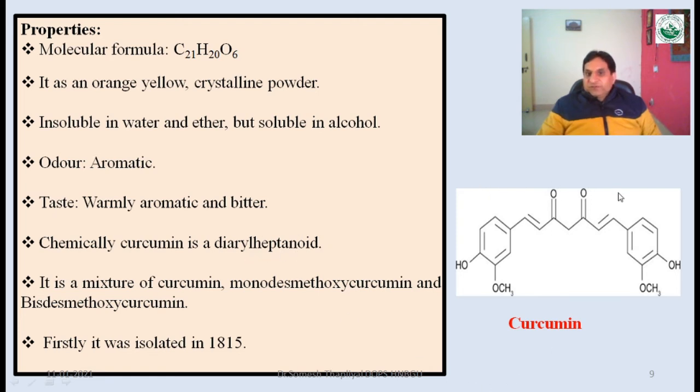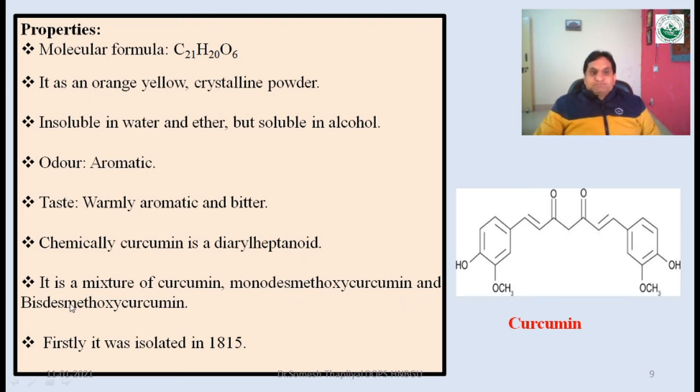Previously I said that chemically it is a diaryl heptanoid compound. So if you see the structure of curcumin, two aromatic rings are present. These two benzene rings, also known as aromatic rings, are attached by a chain. If you count the number of carbon atoms: 1, 2, 3, 4, 5, 6 and 7. So these two aromatic rings are attached with the help of a chain of 7 carbon